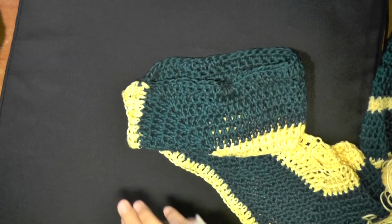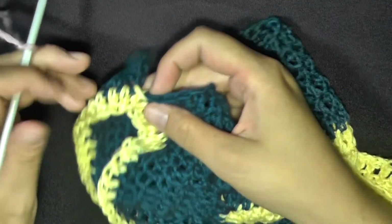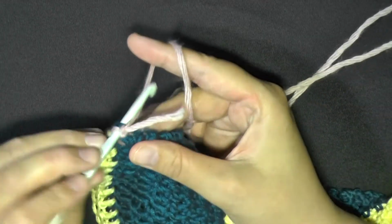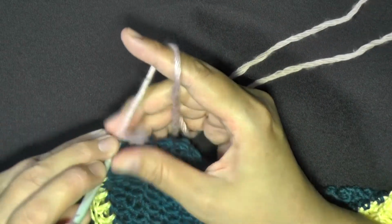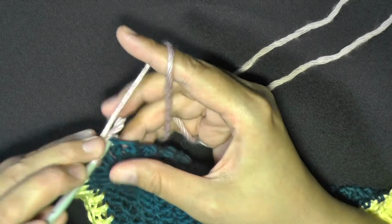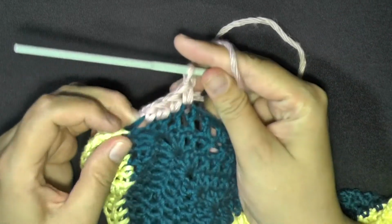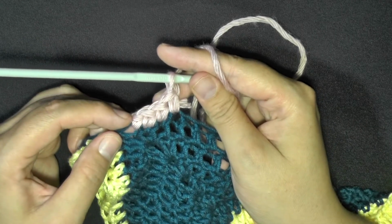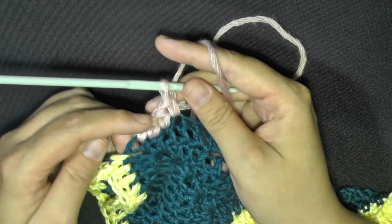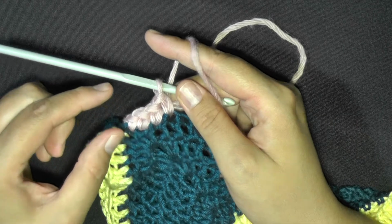I attached my yarn to the under the arm part here, just somewhere where it won't be as noticeable. I attached it again with the single crochet attachment, and then I just did 1 single crochet in each stitch around. Then slip stitch in the beginning stitch, and then chain 1, and then in the same stitch put a single crochet, and then again work 1 single crochet all the way around. Do that for 3 rounds. You should have three